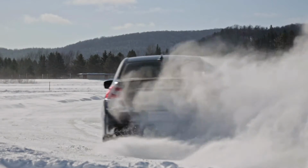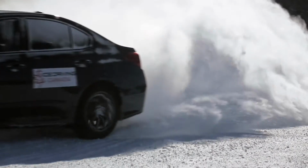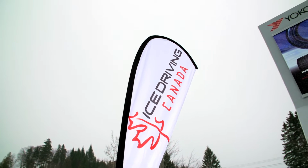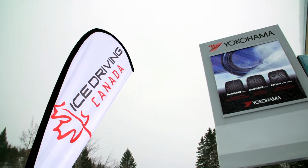People sometimes take the cheap route and they don't have the proper tires, but it's so important. The difference you're going to feel with a winter tire is you're going to feel much more security. First of all, accelerate more quickly. They'll be able to get away from a stop, but more importantly, they're going to be able to brake more